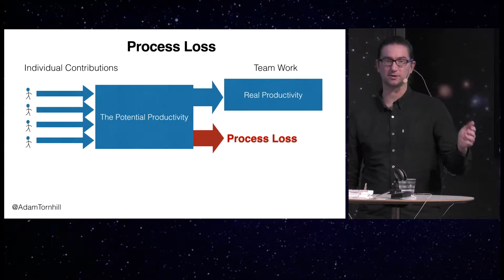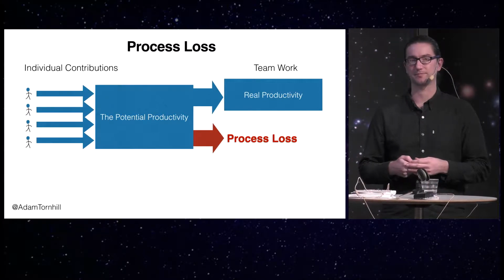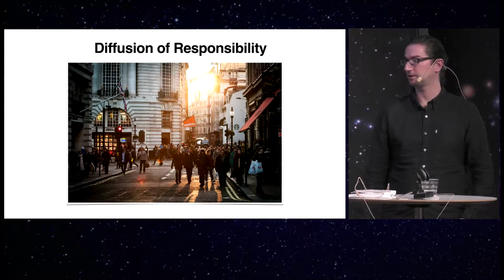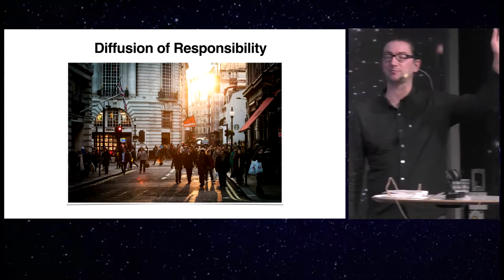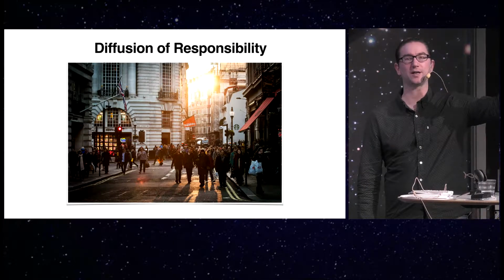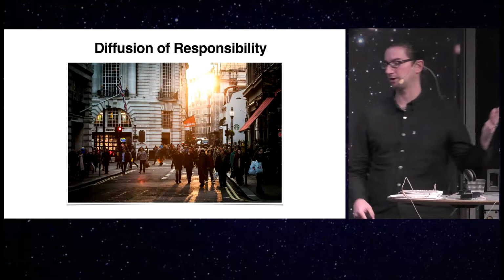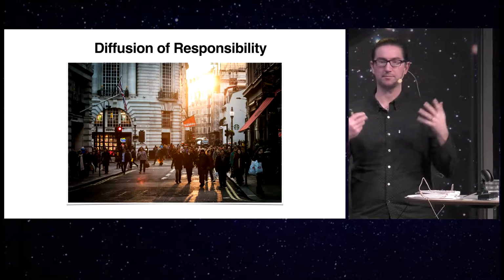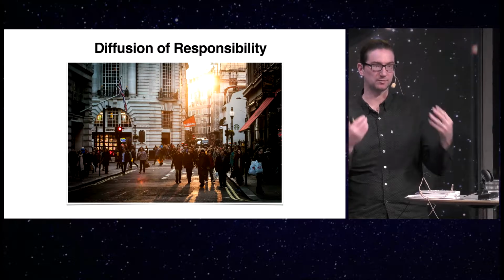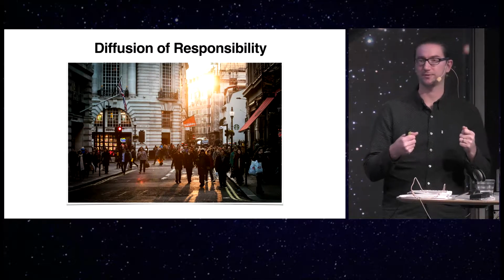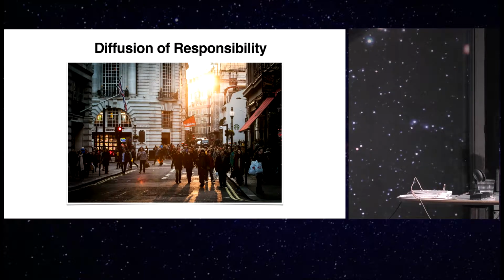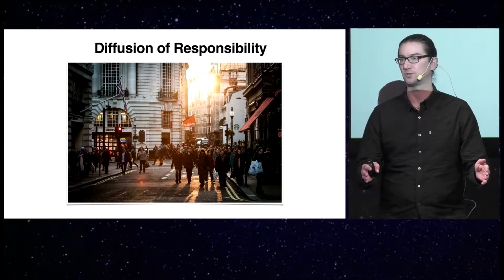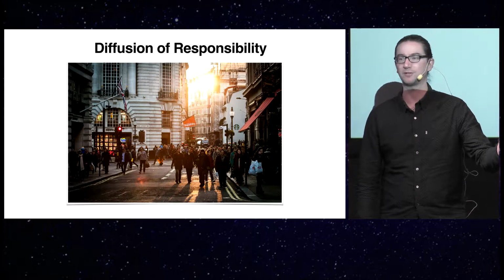So let's look at one of the common reasons for process loss in software. And let's talk about the concept of diffusion of responsibility. How many have heard about diffusion of responsibility? Some of you, 4 or 5, cool. This is another principle from social psychology. And diffusion of responsibility is something you can experience if you're unfortunate enough to witness an accident or an emergency. Because what happens in that case is that it turns out the more bystanders, the more witnesses that are present, the less likely that any individual will offer help. It's a very scary thing, actually.